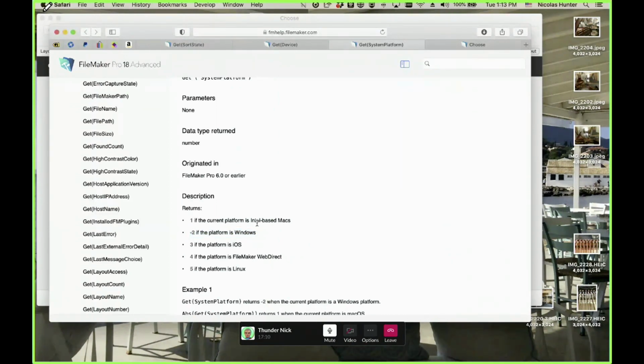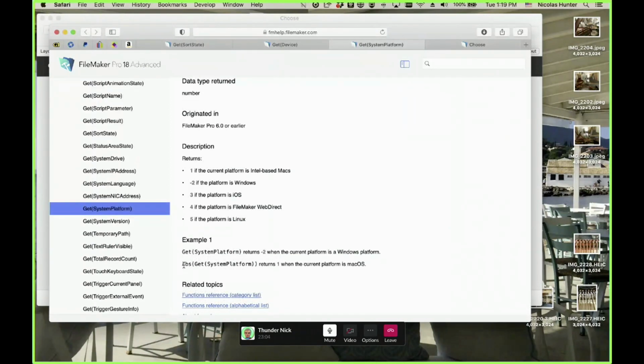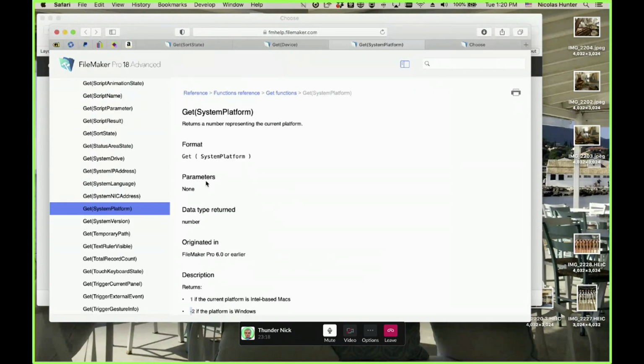Then those Macs disappeared, and they kept the -2 for compatibility, not breaking people using Windows. Here they say how to use Get(SystemPlatform), by the way, because of the -2: you use ABS and you ignore the -2.